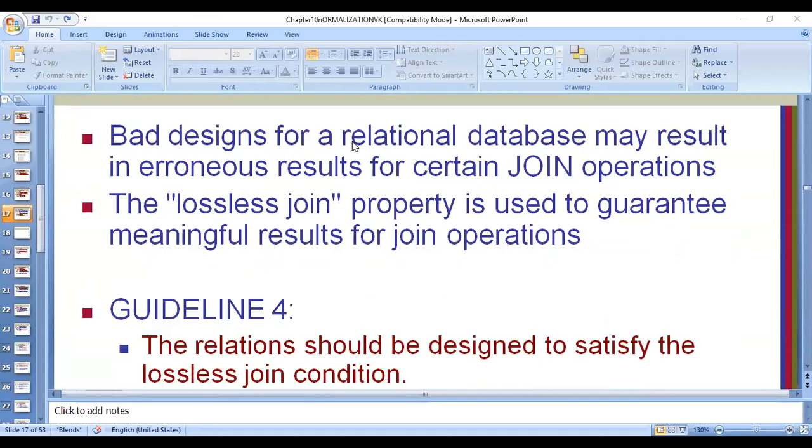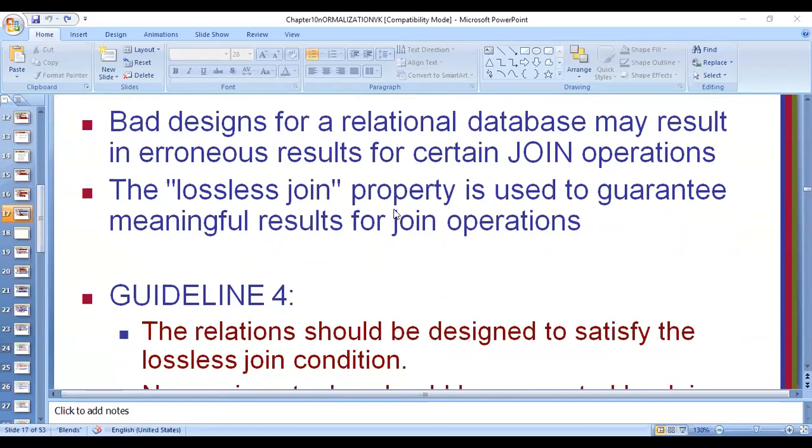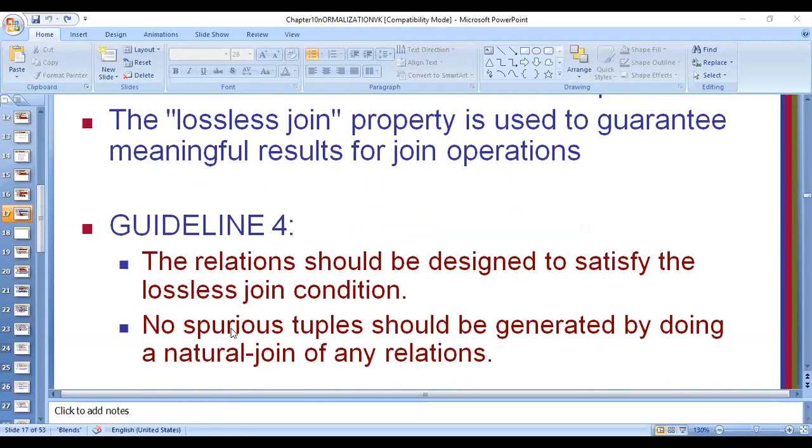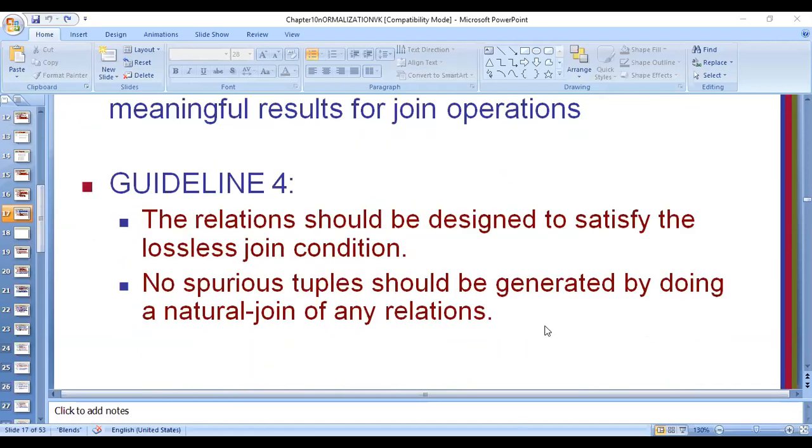Bad designs for a relational database may result in erroneous results for certain join operations. The lossless join property is used to guarantee meaningful results for join operations. Whenever we join the data from two tables, it should ensure lossless join. No data should be lost in the process of joining, and no spurious tuple should be generated by a natural join of any relation.